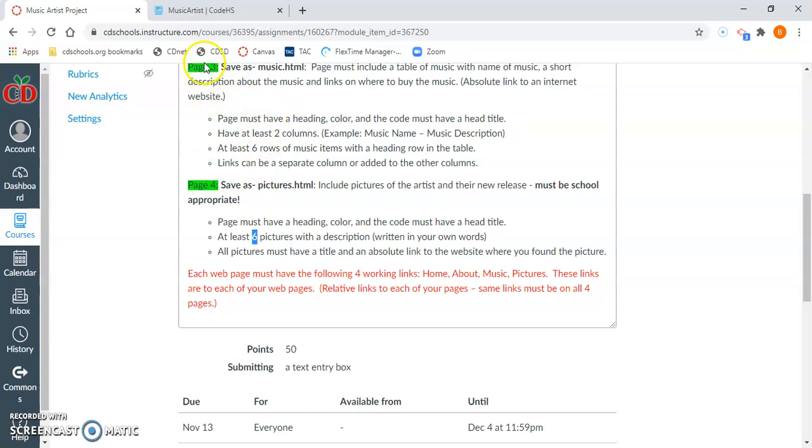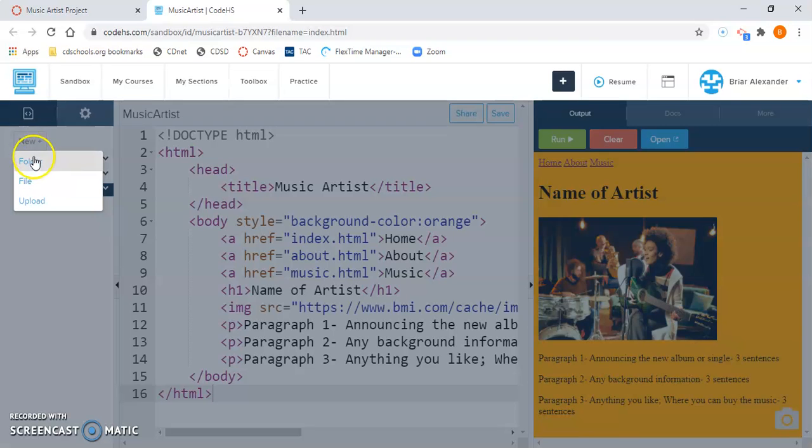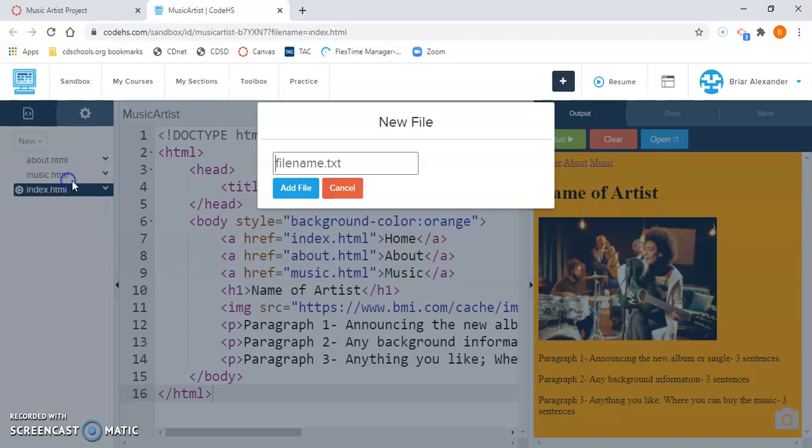Alright, so we are going to go to our Music Artist project that we've already started in CodeHS, and we are going to add the fourth and final page to the site. So over on the left hand side of the screen, we're going to click the new plus button that is above the pages that we've already created. And we will select File. The options will be Folder, File, and Upload. Please select File. And we're going to name it